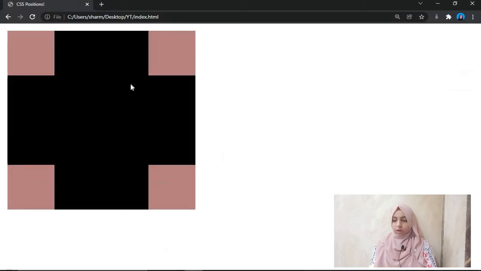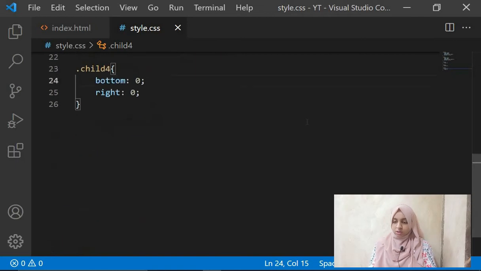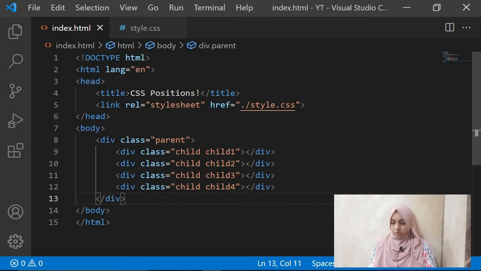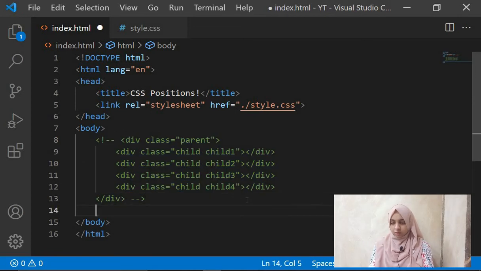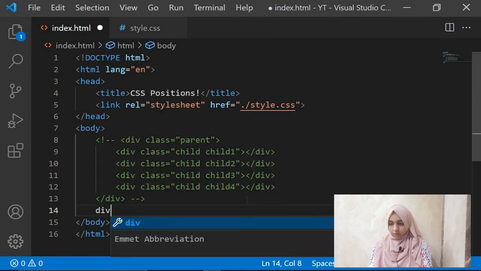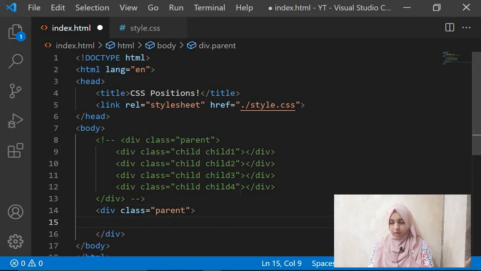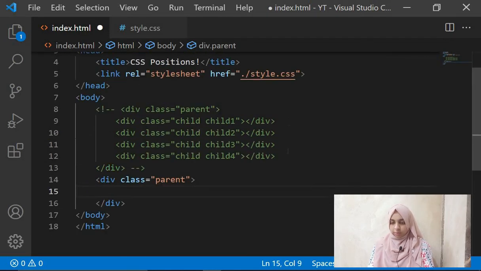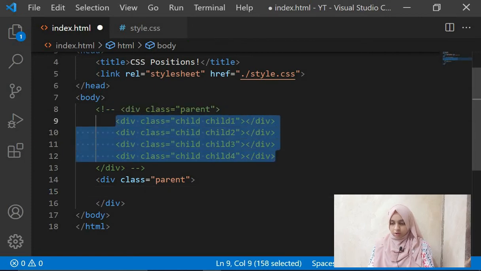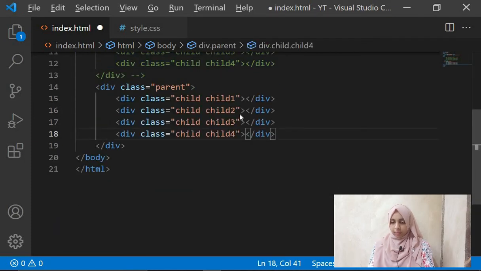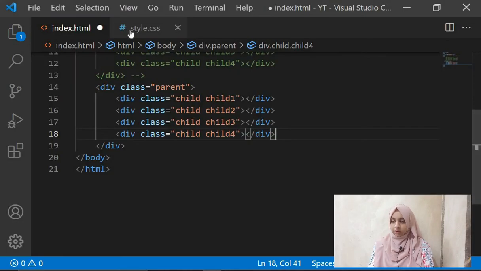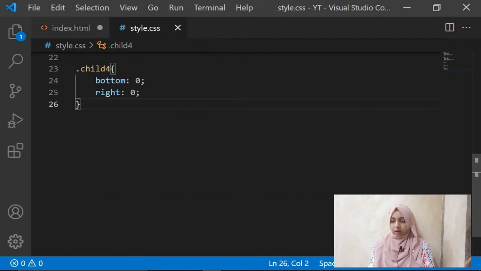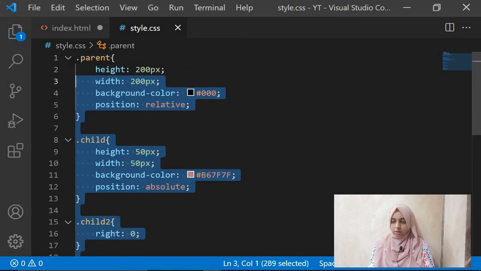Okay, so for the ones still watching, let's go through the solution. So this was our first design over here, let's comment this. Now the second one is, let's give them the same class of parent, and let's copy this over here, child. How many children do we need here? 1, 2, 3, 4, like 4 children elements, so we have them over here.